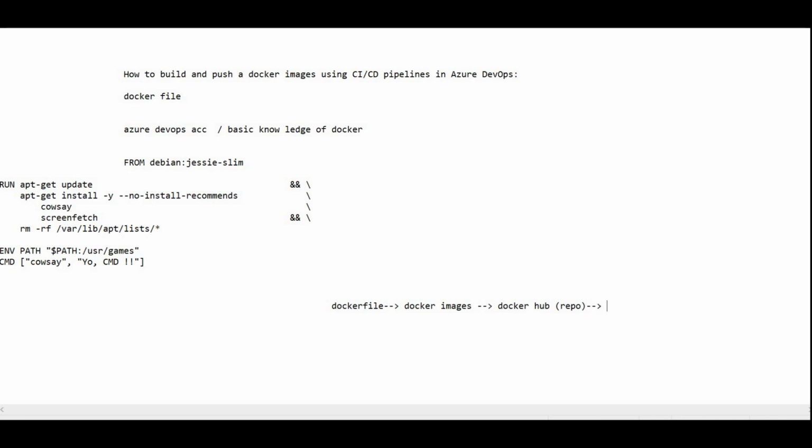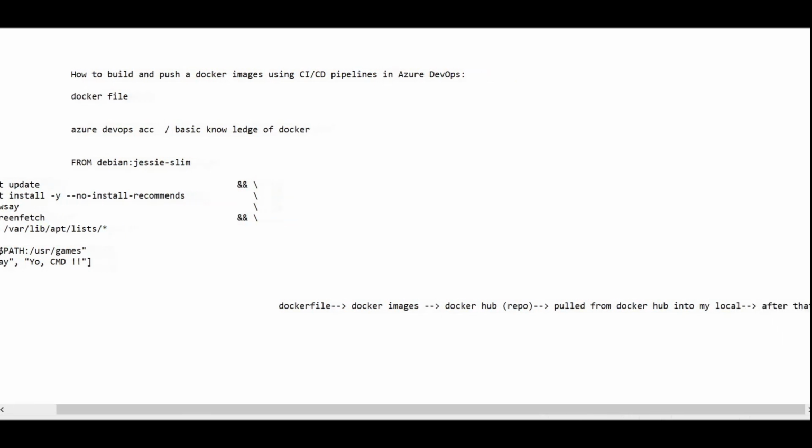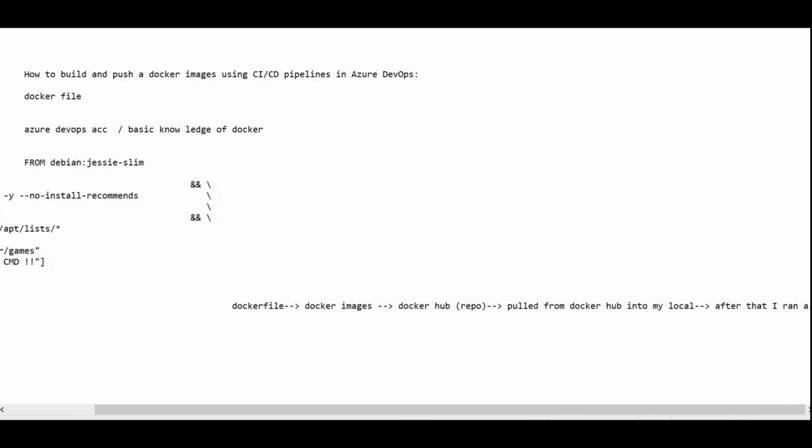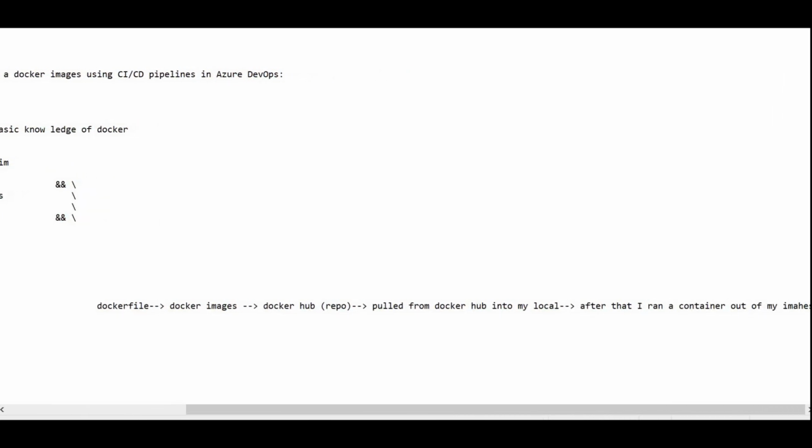I pulled the image from Docker Hub into my local. After that I ran a container out of my image. So this is the workflow that you need to understand if you are new to Docker.